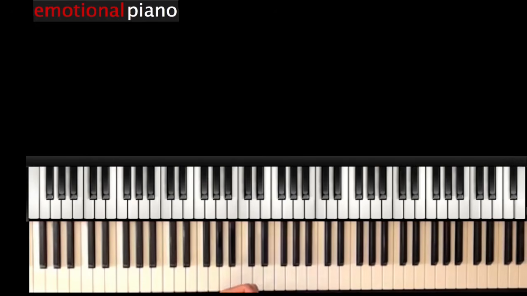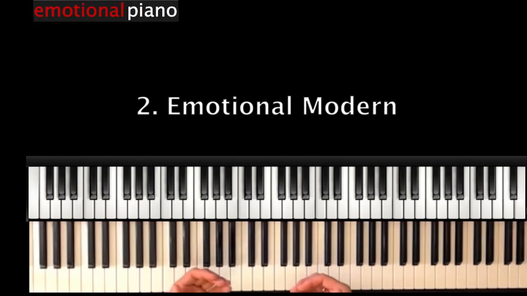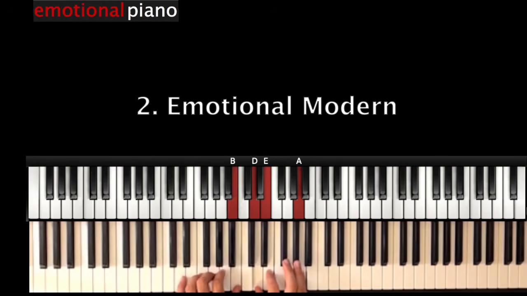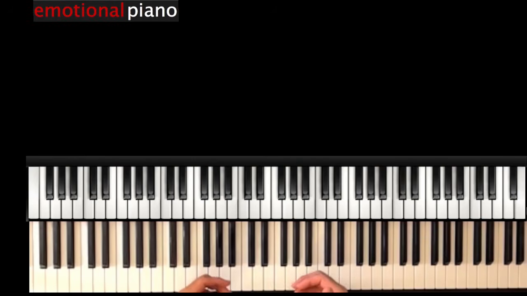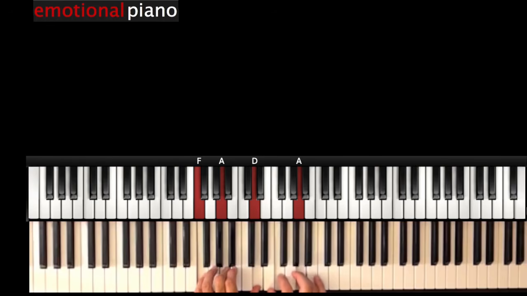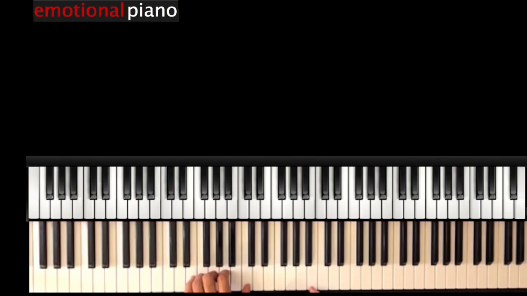The chords haven't changed. But what if you wanted something much more emotional and modern, like this? Instead of jumping around the keyboard, stay close to the chord. Build your melody from chord extensions like this. D minor, and the melody, use the E. It's the 9. Or A minor,